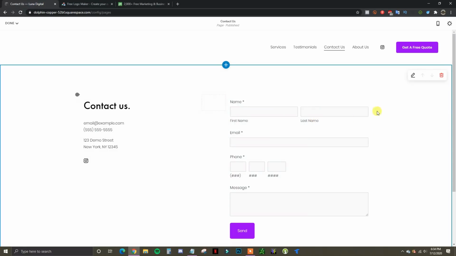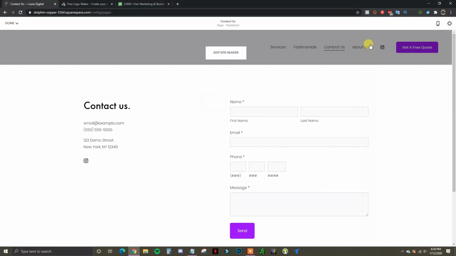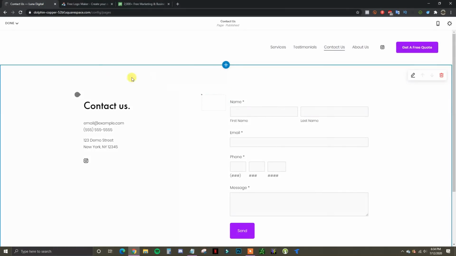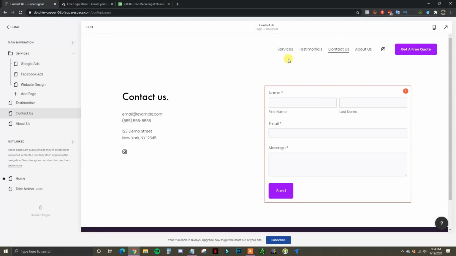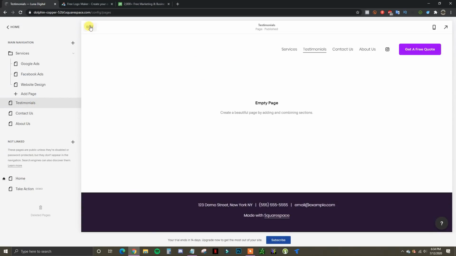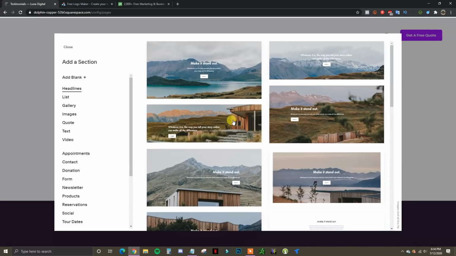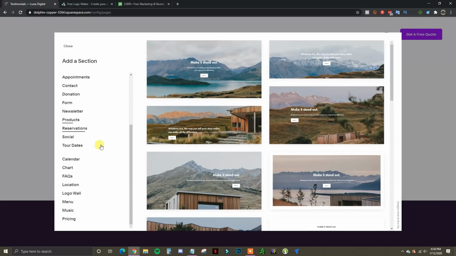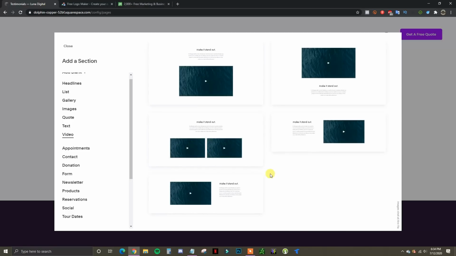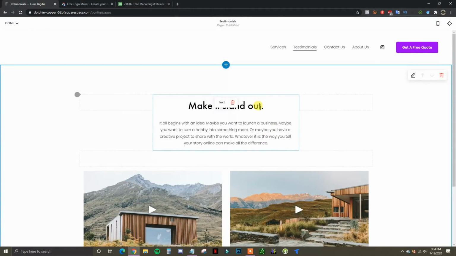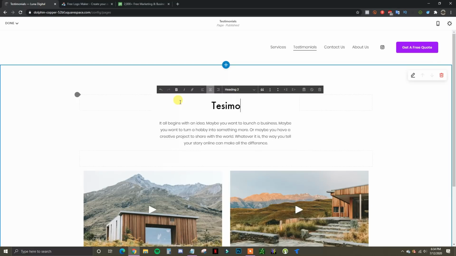So that's how you edit the individual pages, and it would be the same process for each of these other pages. So if I were to select done and save, it would be the exact same thing for any other page. So if I wanted to edit testimonials, I would just edit it. We can add content in, and let's say I wanted to add a lot of video testimonials. I could select the video template, change the text,